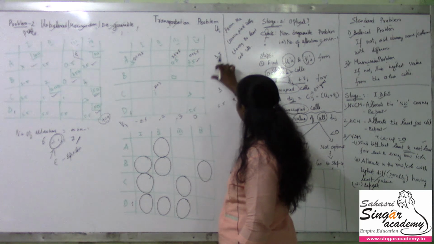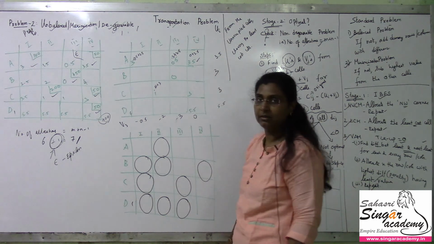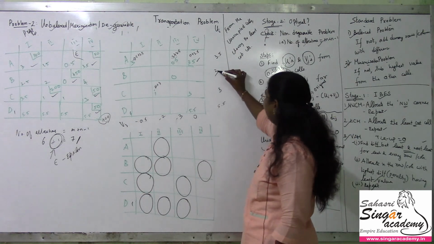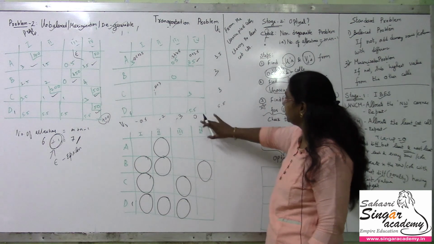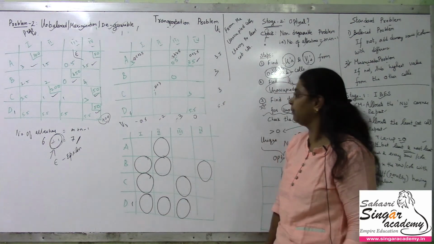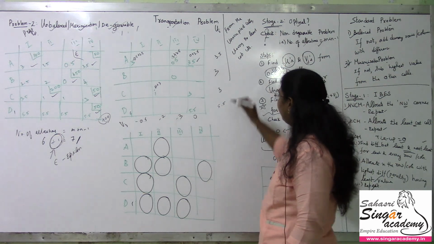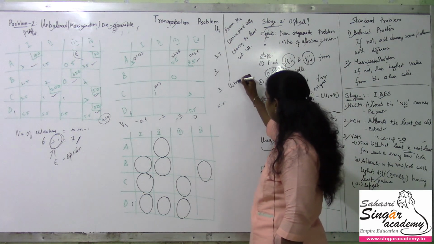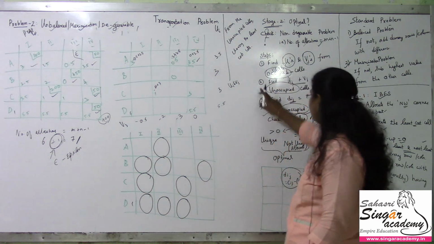So what value should be taken here so that I'll get 3? Yes, minus 3 plus 3 is 0. Okay. See, if the value ellarkum ore mari varano avasiyam illa, eppadi venalum varalam. Because my assumption here is 0, I'm getting these values, right? Fine. Okay. I have found the Ui and Vj for the unoccupied cells. Now I have to go for step 2.